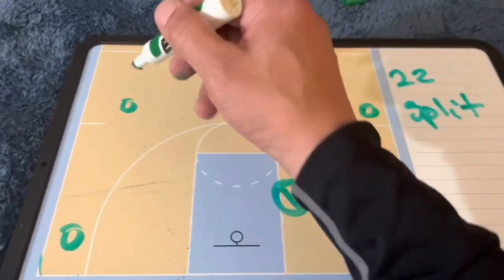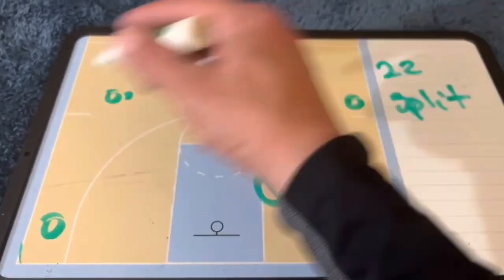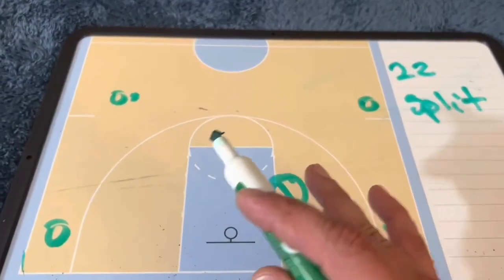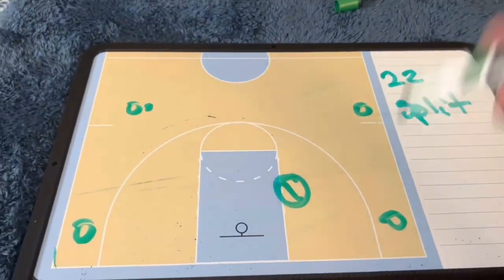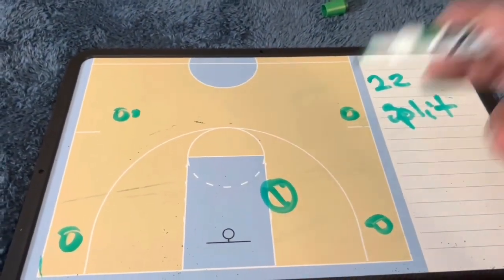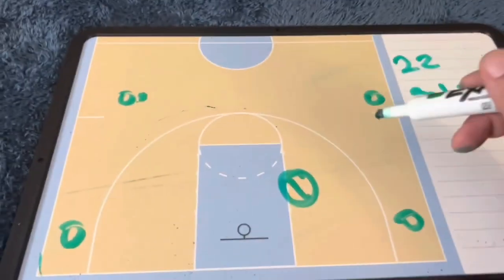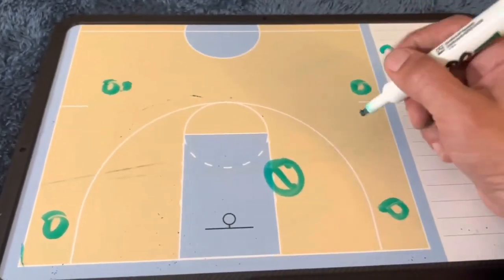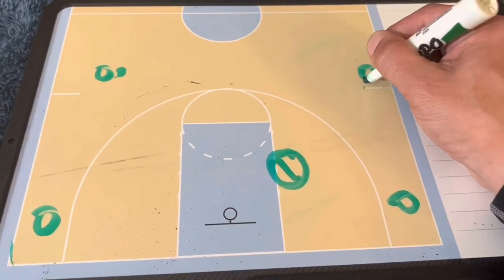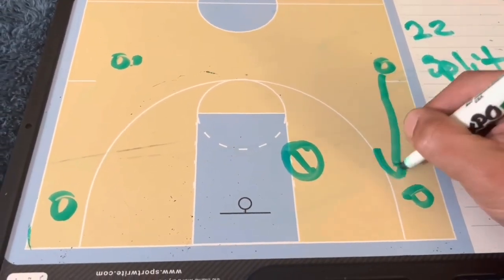The split action, the ball handler is here. We've gone through some of the other things, whatever the case may be. Now we want to create some movement. We want to make the defense play some defense. The ball handler can yell out, split. You're 22, split. On the split, the opposite wing is going to come to set the down screen,